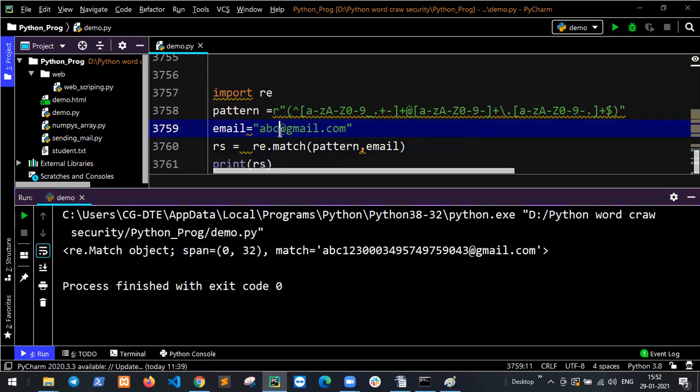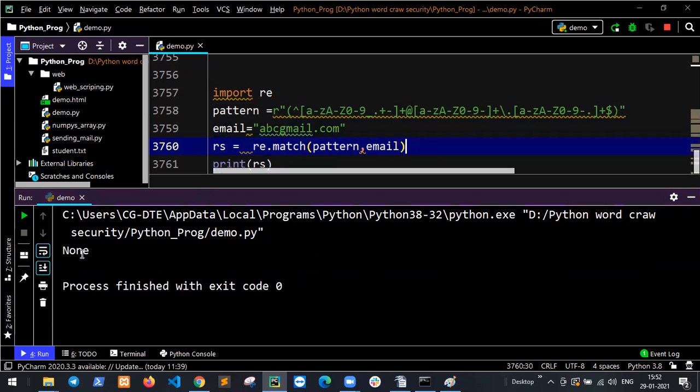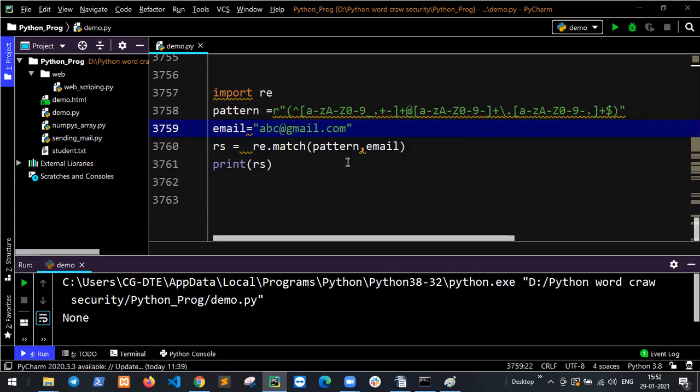But if I forget the at-the-rate symbol, the result is none. And if I forget the .com, or say .co.in, then this is a mail ID now. So this is done.